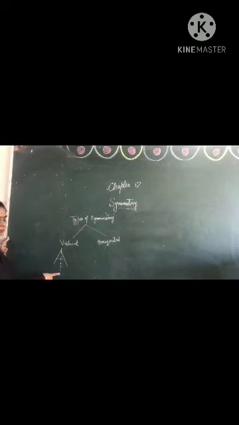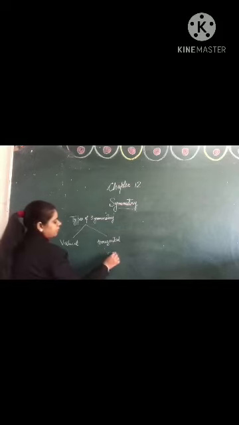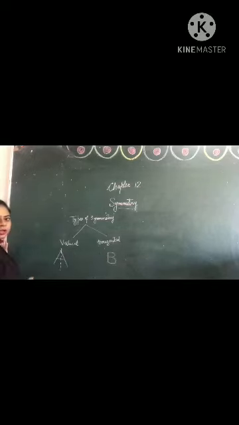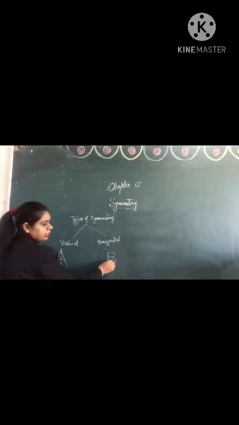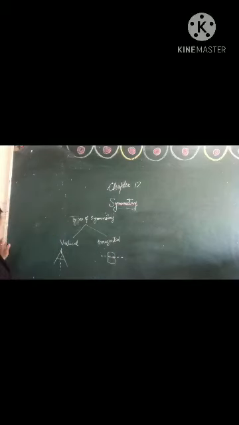This is a vertical example. Now a horizontal example, this is B. If I want to divide this figure into two equal parts, I will divide it horizontally. Now if I want to divide M, it will be divided vertically from top to bottom. This part is identical to this part. There is a condition in symmetry that both the parts should be identical, same in shape, same in size.